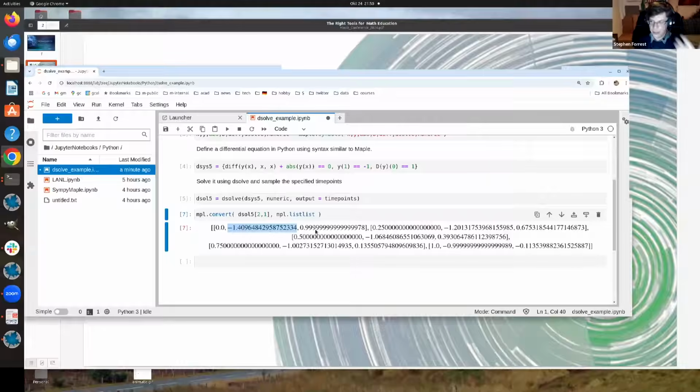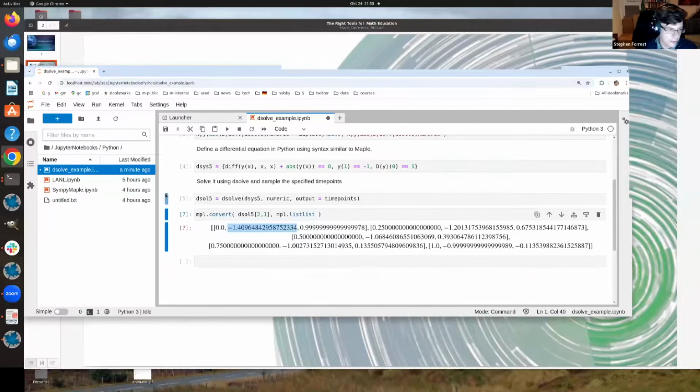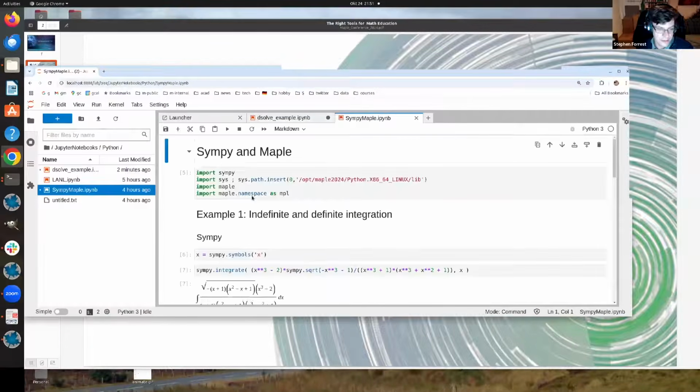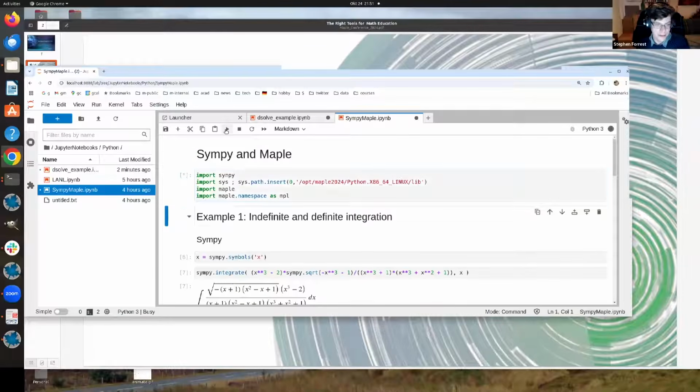So this just shows you how you could actually use Maple from within a Python program. And there's a number of cases where you might want to use that. So perhaps, as I said, you're already doing something in Python, and you want to draw upon something from Maple. I was doing a little experiment comparing us to a competitor, SymPy, which is also very popular, of course, from Python. So here are a couple of examples where, so if we open,